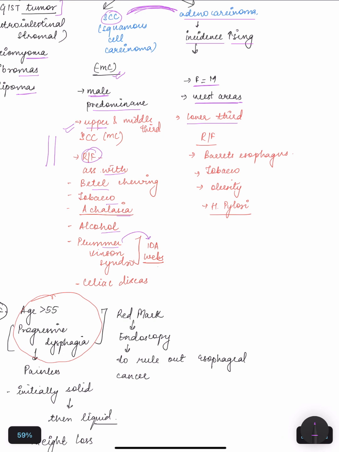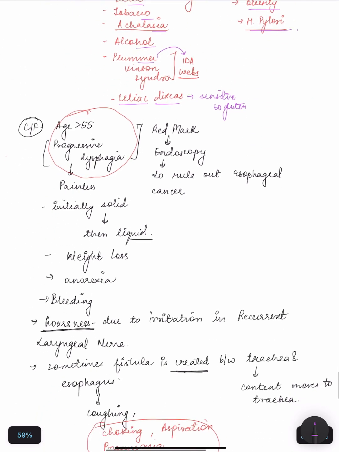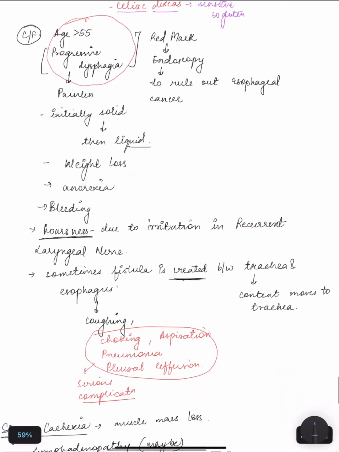deficiency anemia, and webs are present. And celiac disease. Celiac disease is when the person is sensitive to gluten. In adenocarcinoma, the risk factors include Barrett's esophagus, tobacco, obesity, and H. pylori. Clinical features. If a patient is presenting with age more than 55 and progressive dysphagia, painless progressive dysphagia